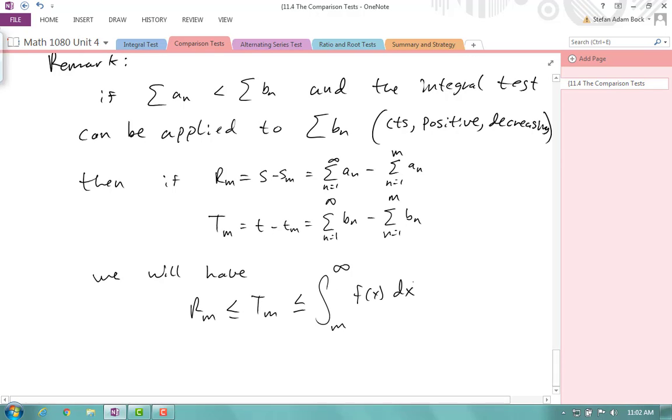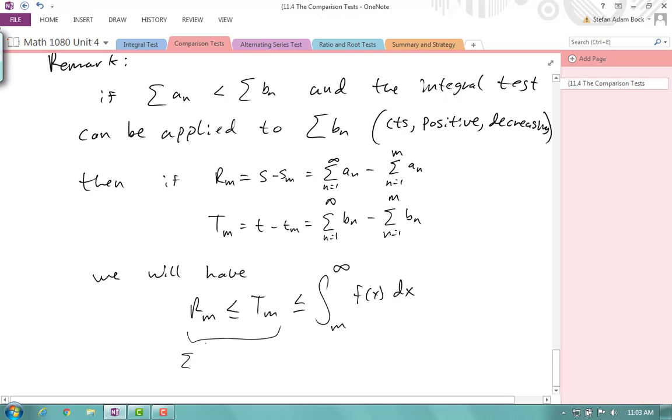So if the sum of a sub n is less than the sum of b sub n by a direct comparison, or possibly even a limit comparison, although that's a little dangerous, and the integral test can be applied to the sum of b sub n, there's a function which is continuous, positive, and decreasing, which can be used to represent b sub n, then if r sub n is the remainder for the sum of a sub n, that is, r sub n equals the sum from 1 to infinity of a sub n minus the sum from 1 to m of a sub n, or just the tail of the series, and t sub n is the same for the sum of b sub n, it's the remainder after using the partial sum, we will have that r sub m is less than t sub n,